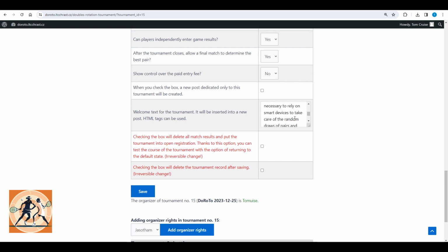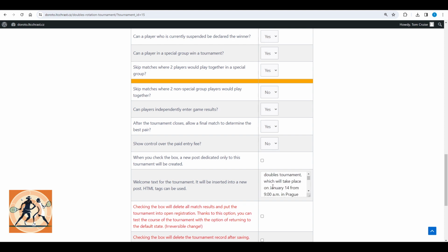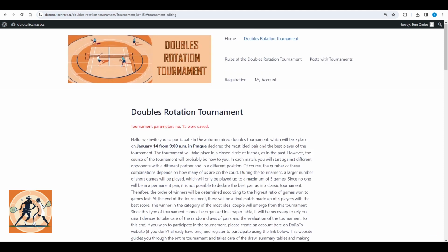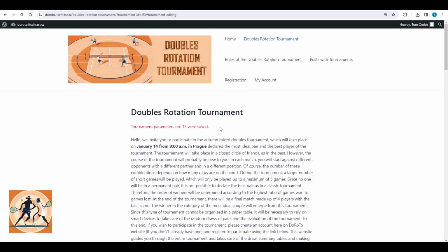If we are also the administrators of the website or the website administrator has allowed it, we can publish a post dedicated exclusively to this tournament. As a rule, this post is visible on the main website, so with this step we will ensure sufficient publicity for our tournament. To create a special post dedicated only to our tournament, just check the A New Post checkbox and save the new tournament parameters. After saving, we can check whether the text corresponds to our ideas and whether the post has been created.